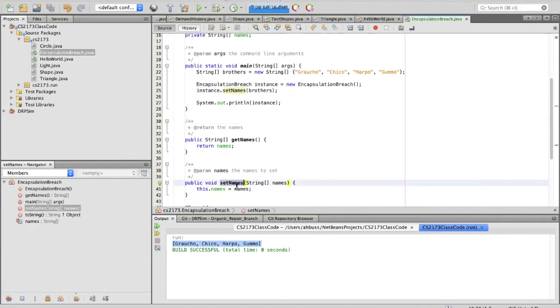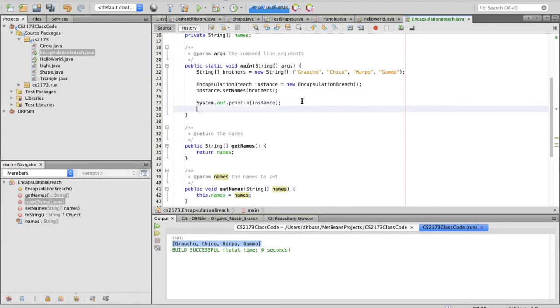This setter says, if I set the array of names, then it simply sets it. This is the getter and the setter that get generated by NetBeans. So that's fine and good. Everything seems to be perfectly okay.